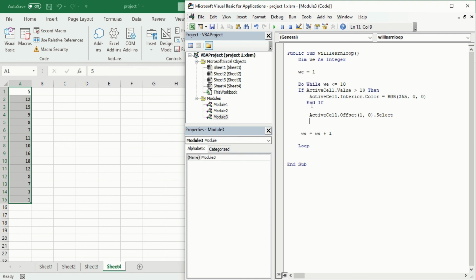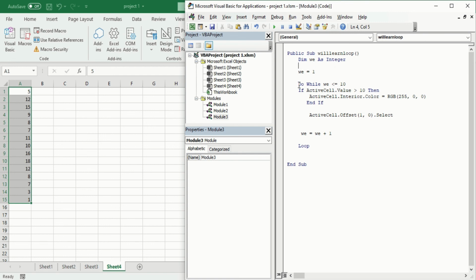So again, I will explain in general what I have written in the code. First of all, this is a procedure. So this and this, this is a sub procedure. Within that, we will create everything. Now, first of all, what have we written? We have written Dim v As Integer. That means we have created a variable that is an integer. We have given it the value 1. That is the variable we created.